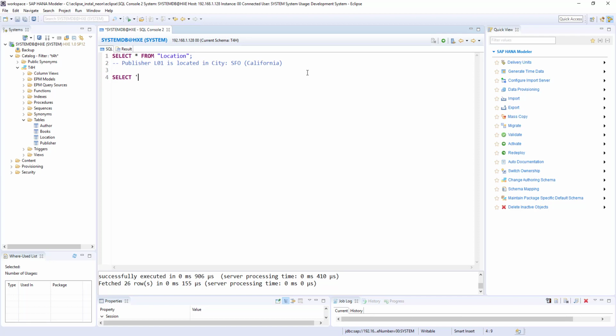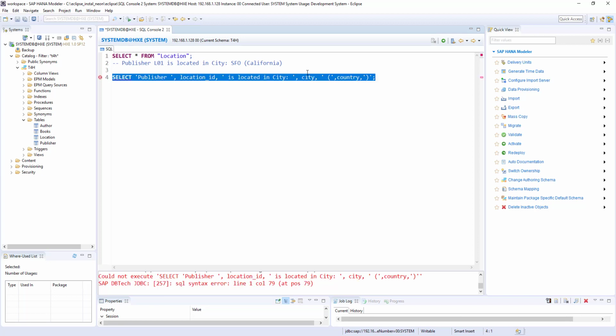Select publisher, comma, then L01 is a location ID, comma, is located in city, comma, then city, then brackets, comma, country, then closing bracket.